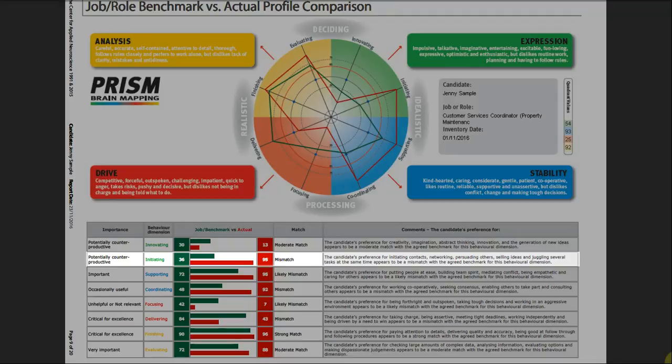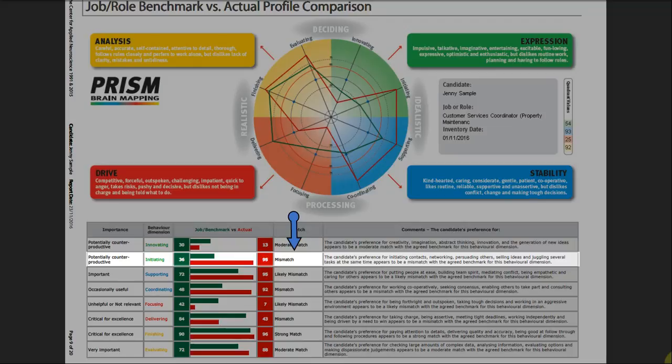Initiating. A preference for initiating contacts, networking, persuading others, selling ideas and juggling several tasks at the same time. Here, the benchmark requires a preference of 36, once again a behavioural preference not required for the role. The candidate has a very high preference at 95, meaning that whilst the candidate likes initiating contacts, networking, persuading others, etc., the job does not require this, and therefore it could be potentially counterproductive and is a mismatch with the